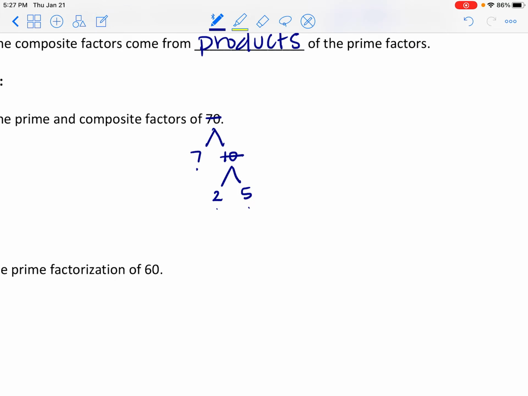So from this tree, I could see my prime factors are going to be, well, 1 is going to be on every list, right? So it's technically a prime factor there, but also 2, 5, and 7. Okay? Sometimes we don't put the 1 just because it's a factor of every number, but not wrong to include it. All right, now if I wanted to know the composite factors